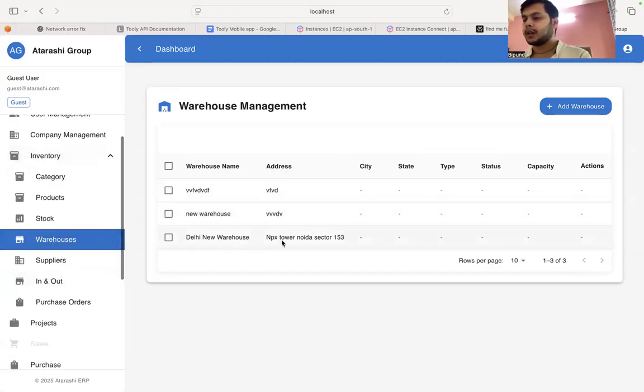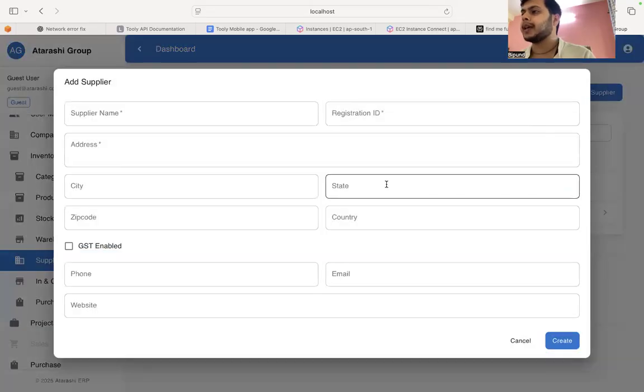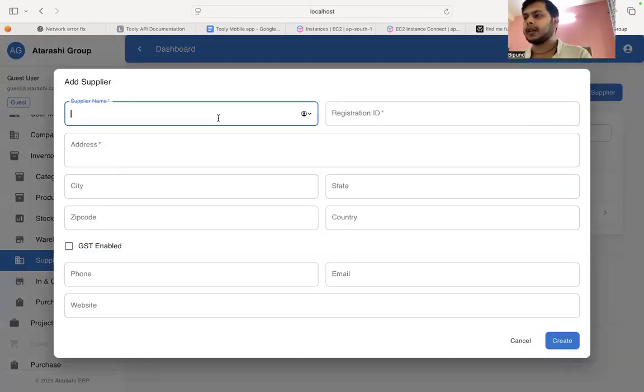Once we have the warehouse up and running, we can add a supplier as well. Okay, so now think of it in this way. We have the category of the product, we have the product, we have the warehouse. Now, if someone is going to give us a product, then only we are going to stock it, right? So let's create a new supplier who is going to supply us the product. So we can add Amit,